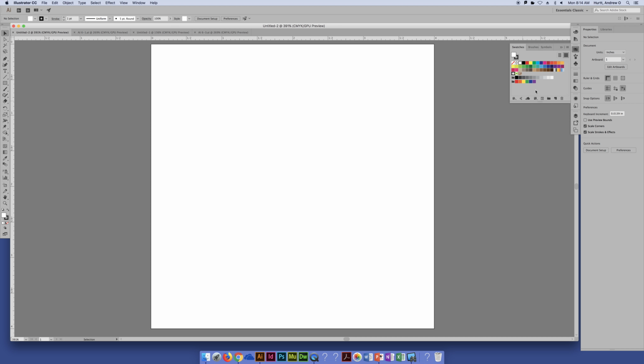So working with patterns in Illustrator, again, can be a handy tool for creating various fills, different types of fills, and also creating tiled backgrounds and tiled patterns, repeating patterns. I'm going to show you relatively quickly first